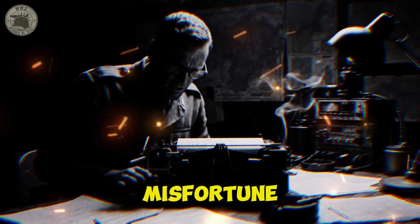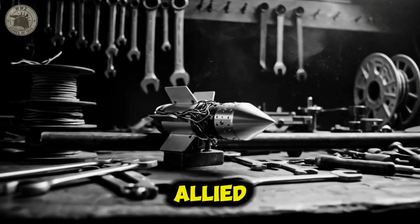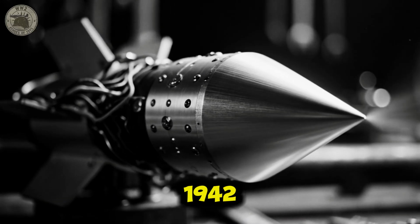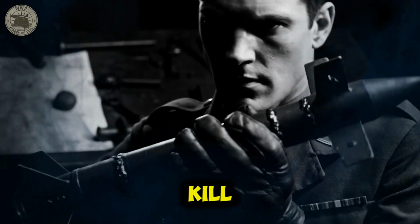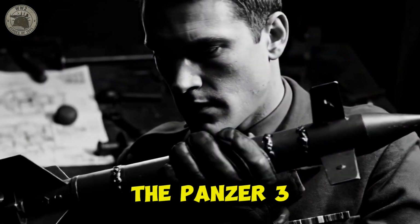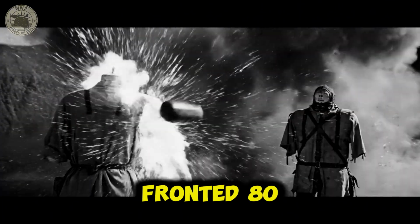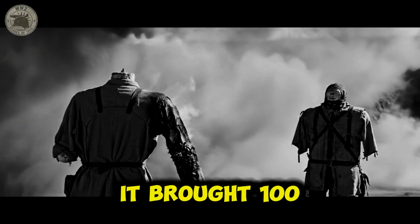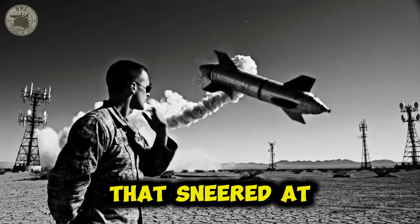And that wasn't misfortune. It was normal. It was what Allied infantry faced from 1939 to early 1942. Tanks that nothing they carried could kill. German engineering had sprinted ahead. The Panzer III wore 50 millimeters of armor. The Panzer IV fronted 80. When the Tiger appeared, it brought 100 millimeters of hardened steel to the battlefield, steel that sneered at rifle fire